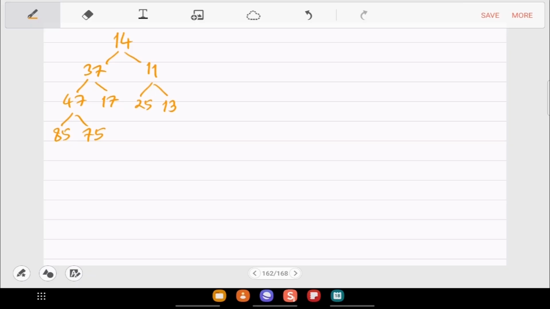Only change is 85 is swapped with 47, right? So now what is the next violation? So 47 is fine. The next violation will be, yeah, you are moving up, so 37. And that should be swapped with,